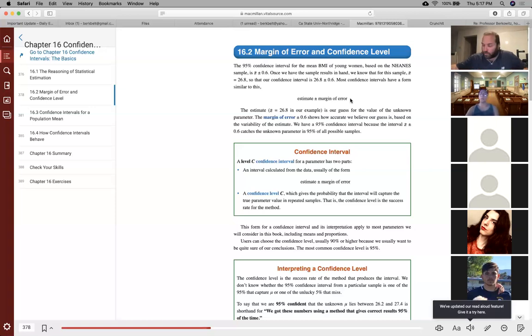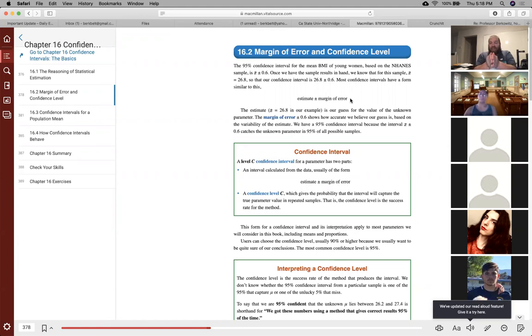Now, can you conclude with certainty that if your study gives 26.8, that the actual value, the true value, is 26.8? Your sample is 100 people, you got 26.8. Is that the true value for every young woman in America? No. Probably not. Unless you got very lucky and just coincidentally happened to get the right answer, chances are not. So what we do is we say, okay,